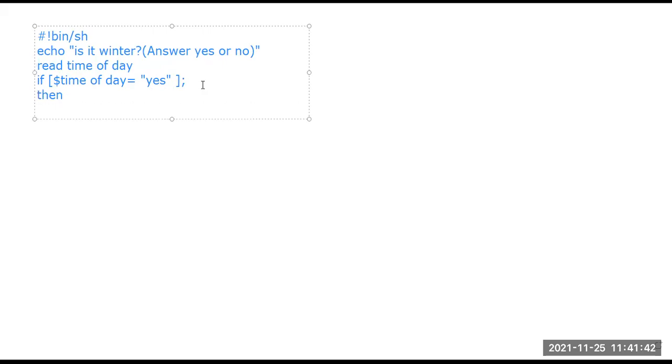Then echo, or we can use printf. So then echo equal to good morning. Fine. So depending upon it, we can have a particular result, or if this is not true, then the else part will become echo. There will be another time of day result. Okay, so these are the two parts we are getting.